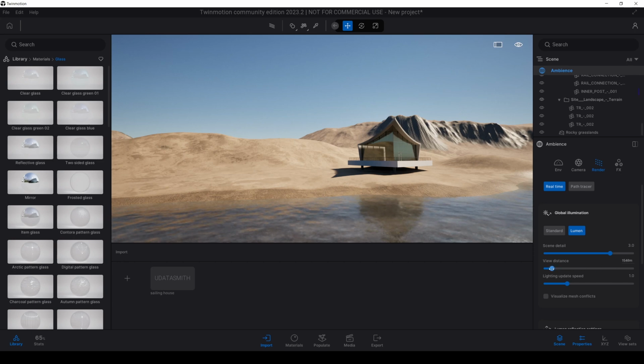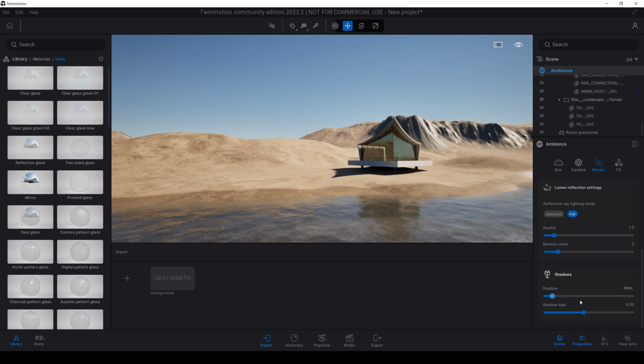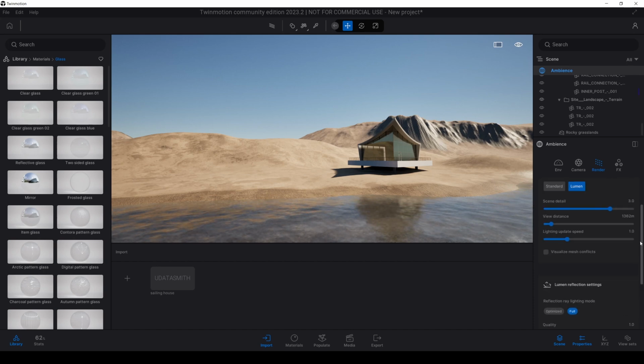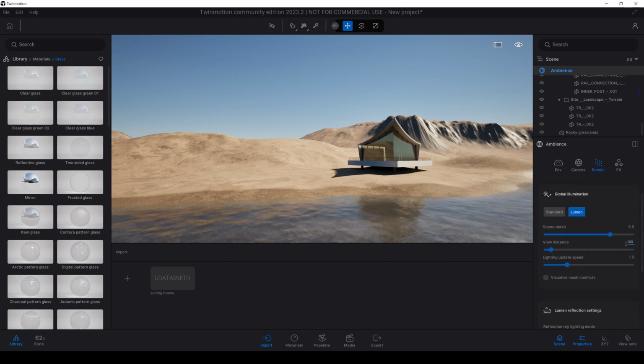If it doesn't work, I can change this shadow bias. As you can see, now it's correct, but I'll take close shots, therefore I'm going to use default values. This one, 1000.